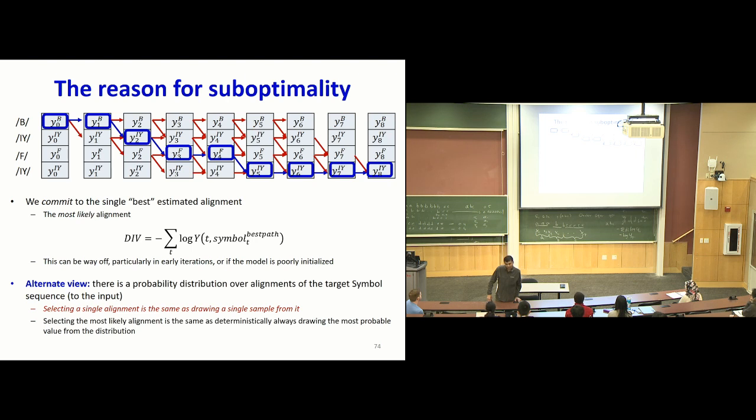Does that make sense to you guys, right? Every single path through the graph has a probability, right? So every single path through the graph, so if this is not very clear,